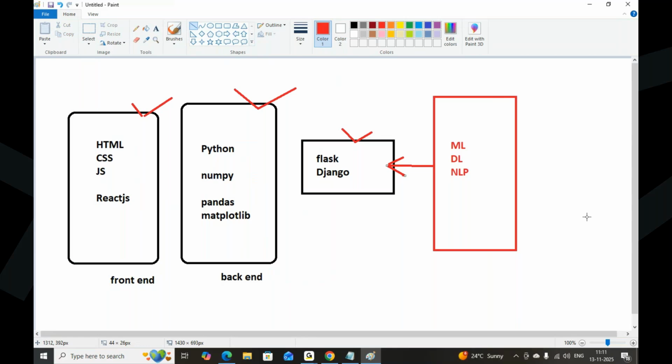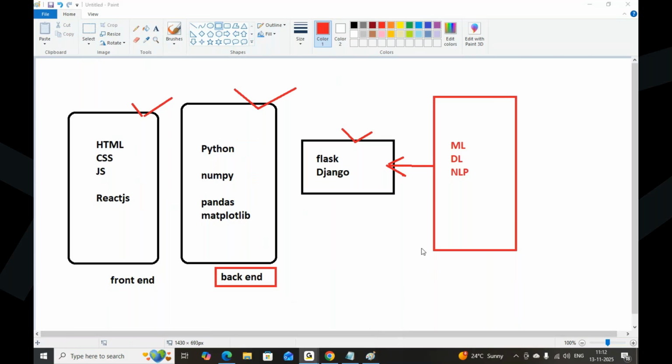Okay, let's start with the user interface. As part of the user interface, there are three important components: HTML, CSS, and JavaScript. We already have a lot of videos on the YouTube channel related to JavaScript, HTML, and CSS. Again, for this full stack class also, I want to discuss the front end. The backend programming is already done, and now we have to go through the front end. After that, we go through the frameworks like Flask and Django. Am I clear, guys?